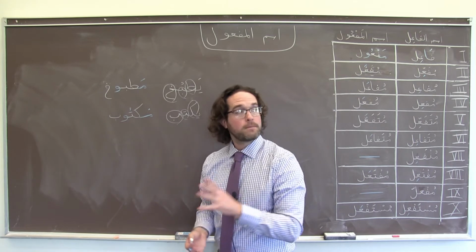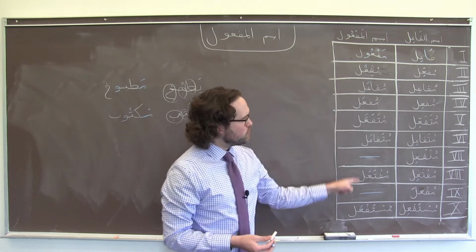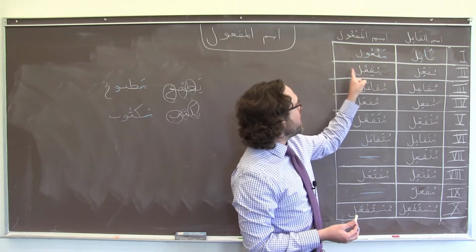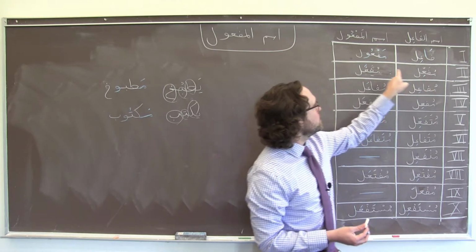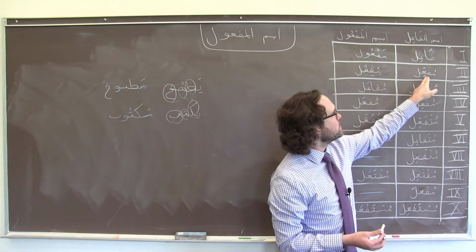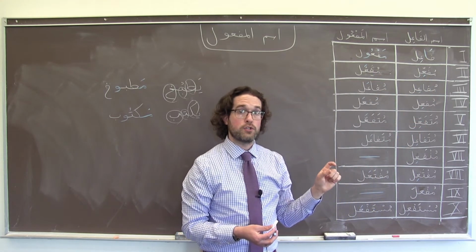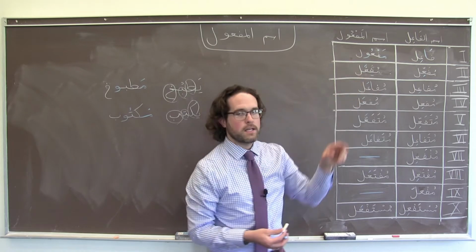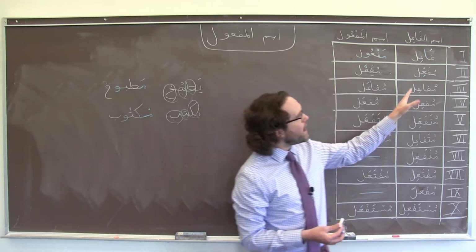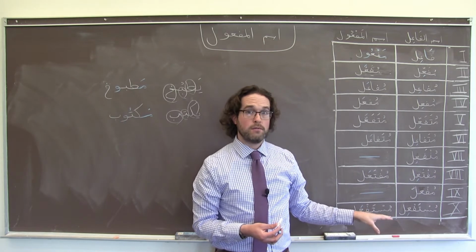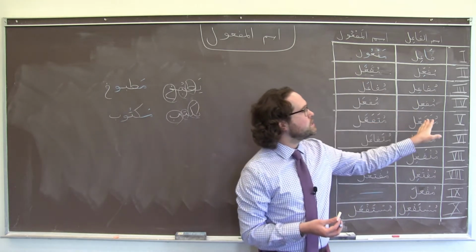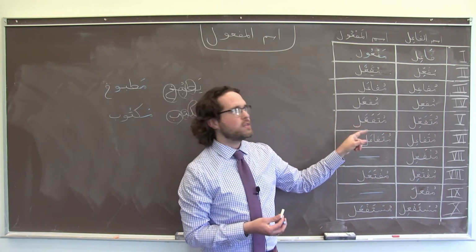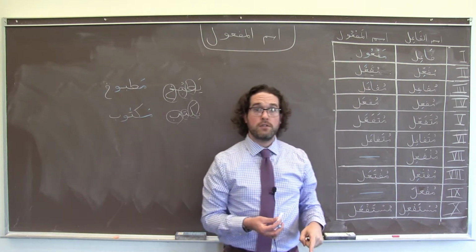You'll notice that with forms 2 through 10 here, the only difference most of the time between the active participle and the passive participle is a vowel shift, where we have a kasra on the second to last letter of the judr in ism al-fa'il, and a fatha on the second to last letter in ism al-maf'ul. So if you have ism al-fa'il memorized as a pattern, and you should, then it should be a very short and easy logical jump. If you know one, you already know the other. You just have to remember that that vowel shift occurs.